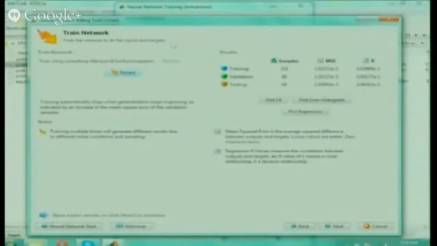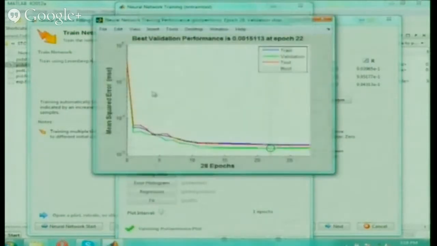This is a block you should remember; it is the one that comes in the NN tool also. Automatically, it took around 28 iterations and performed all the operations. Now if you want, you can go and see the plot commands, like performance. The performance plot is given here, with the best validation for training, validation and test data, and the best value, all given here. Next, similarly, the training state.